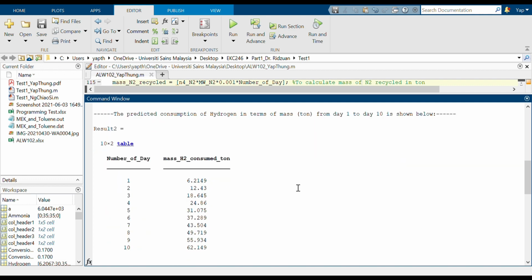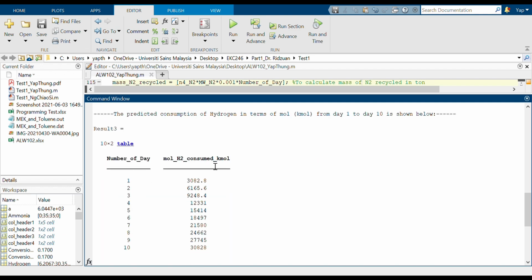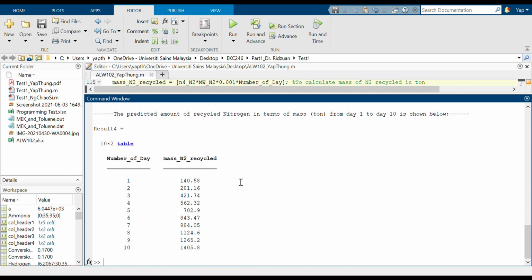And then after that, this is the table for the 10 days consumption of hydrogen in mass in unit ton, and this is the number of mole, same thing, but I converted all the information into kilomole. And then this is the mass of nitrogen recycled,